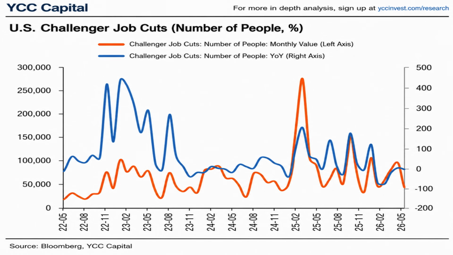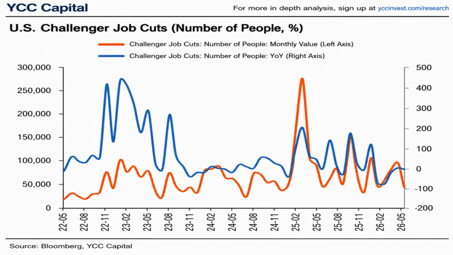Hiring is only one side of the equation. The other side is layoffs. The Challenger Job Cuts report tracks announced corporate layoffs and often provides an early indication of changes in business sentiment before they become visible in official employment statistics. Over the past several years, announced layoffs have experienced several temporary spikes, particularly in sectors undergoing restructuring, such as technology. However, what stands out today is that both the monthly level of announced layoffs and the year-over-year growth rate have moderated considerably from previous surges.